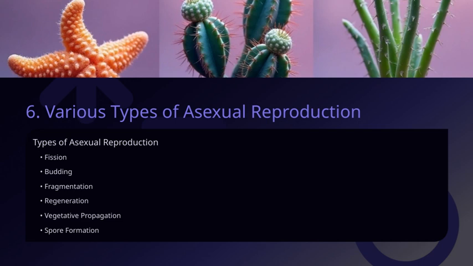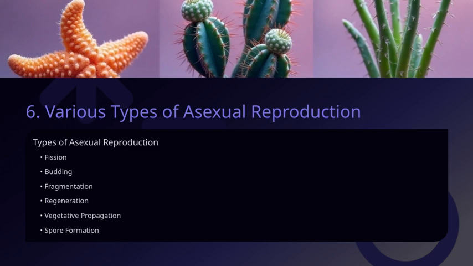Budding is a process often seen in yeast and hydra, where a new organism grows out of the body of the parent. Once it's developed enough, it detaches and lives independently. Finally, fission, which is a straightforward division of the parent cell into two or more daughter cells. This is especially common in bacteria and some protozoa, where the cell simply splits into identical copies. All these methods highlight how organisms can reproduce efficiently and rapidly without the need for sexual processes, supporting survival and